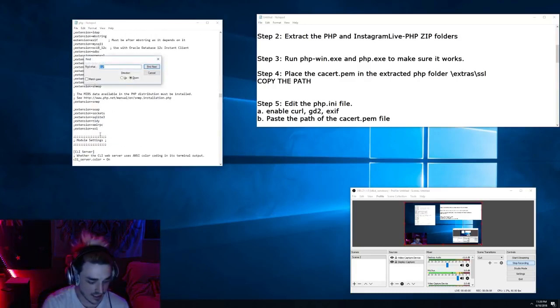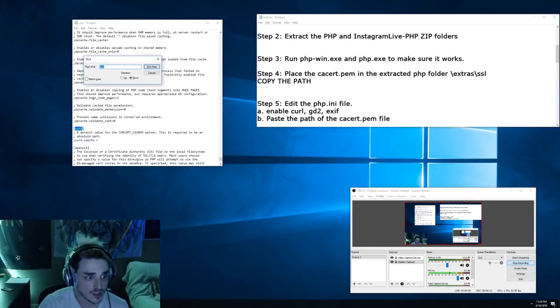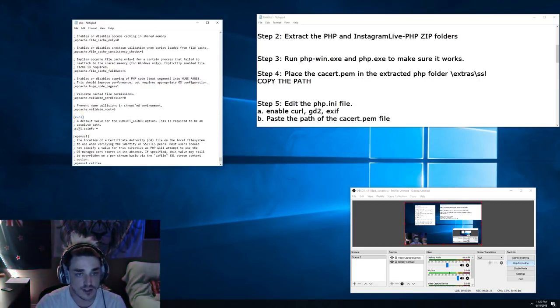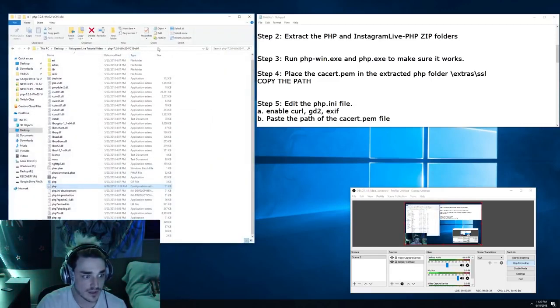Then go ahead and find next until you get down to this area right here. So where it says curl.cainfo, right now you can see it's voided out. We're going to activate that. Equals space, quotation, and you are going to paste the path that you put that file into. So